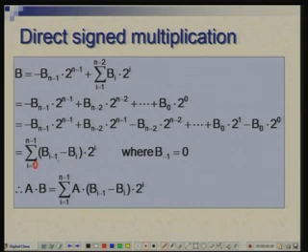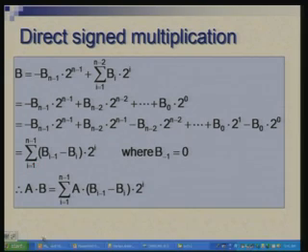So, given this representation of b, you can write a multiplied by b as this summation. Okay. It is just that in this I bring a within the summation. So, now what does it require? It requires partial products to be formed according to this. Okay. Instead of multiplying a with b i, which is 0 or 1, I am multiplying a with this term, and what are the values it can have? It can have a value 0, plus 1 or minus 1.